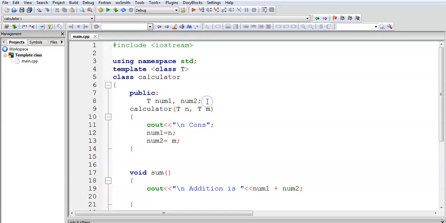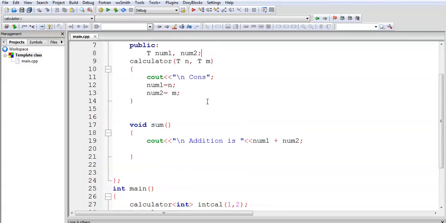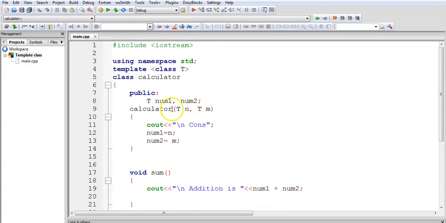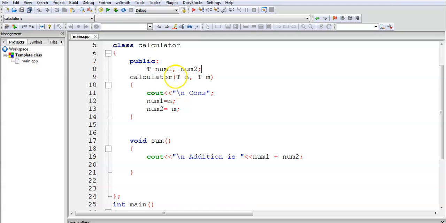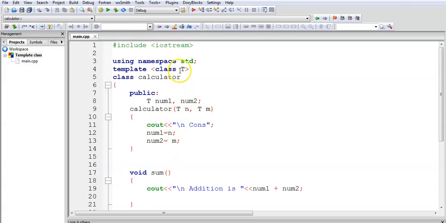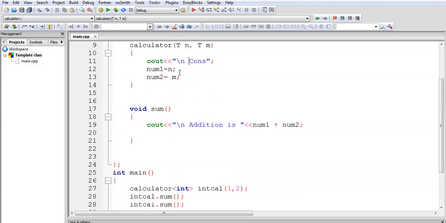If the parameterized constructor receives integer values, then automatically it will identify the data type of those values and make these two variables with the same data type. Even in the calculator constructor we have used this T, because T indicates the data type. Let's see how we have used this.